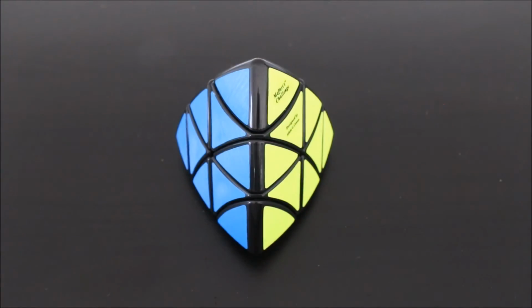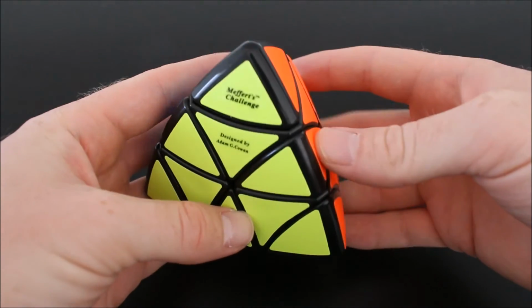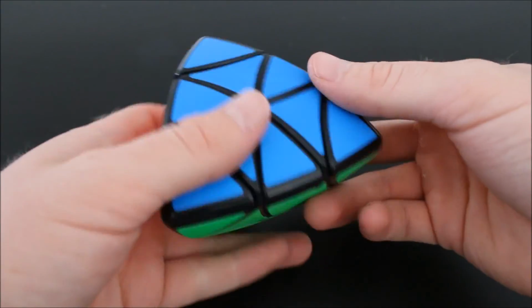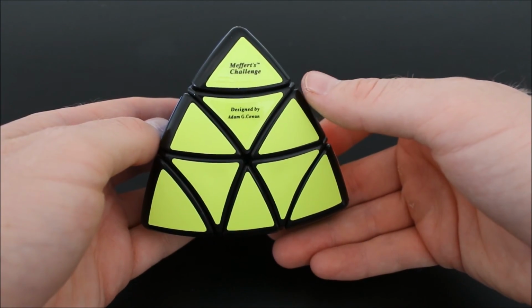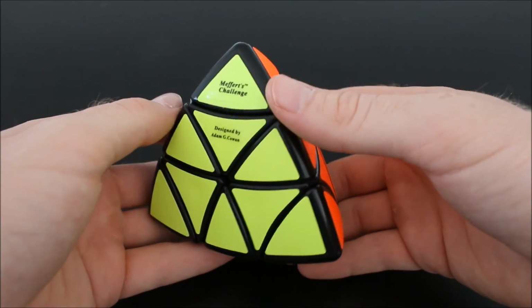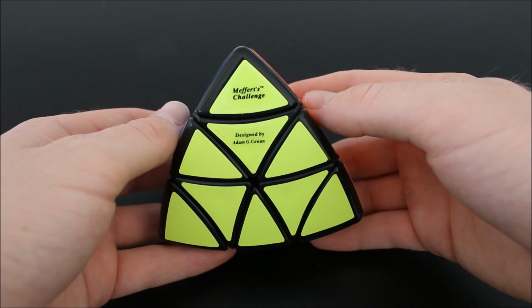The next thing we got here is the Pillowed Pyraminx, also from Mefferts. So this has the fluorescent vinyl as well, which I really like. And I think they made this puzzle to go along with the Pillowed Professor as well as Pillowed Master Pyraminx. And I think it looks really nice as a set. I have the other two up in Northern California, so I don't have them with me right now,